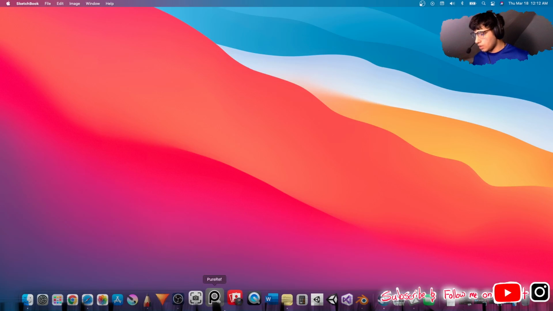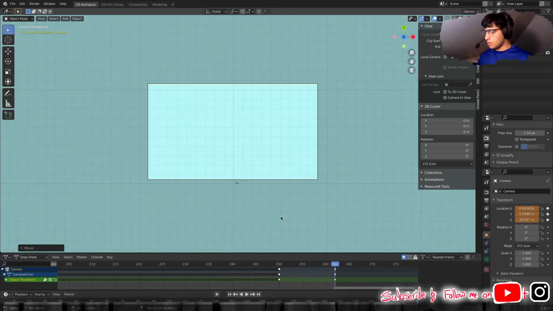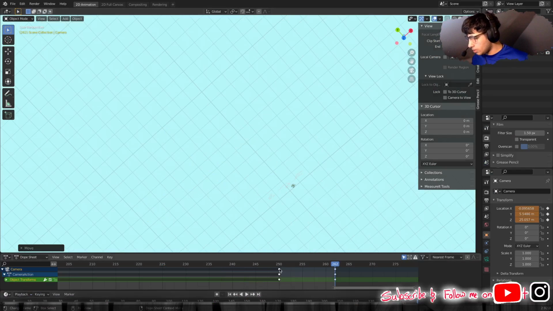And then we can exit out of that, go back onto Blender, and what I'm planning to do this time is make sure everything's set up, go back to the first frame, go back to 150 frames,